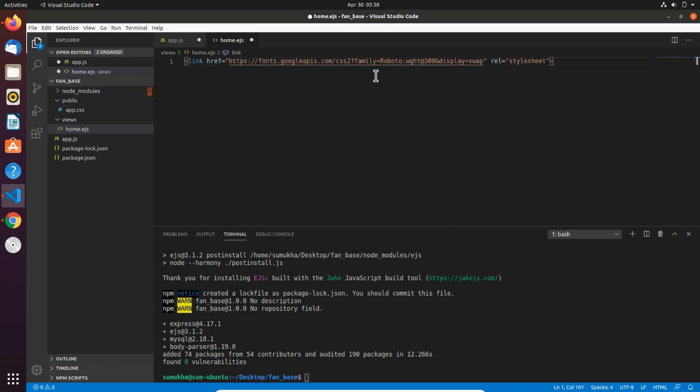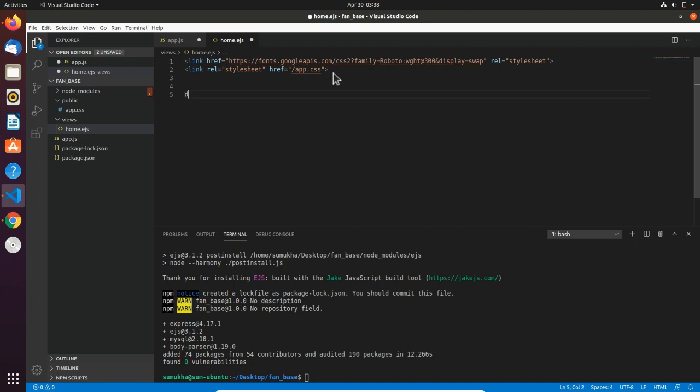Okay, this is our Google font, and let's also include our app.css here, dot slash app.css, because app.css is not at the same level as home.ejs, right? Home.ejs is inside views and app.css is inside public. So that's why you have to use slash.